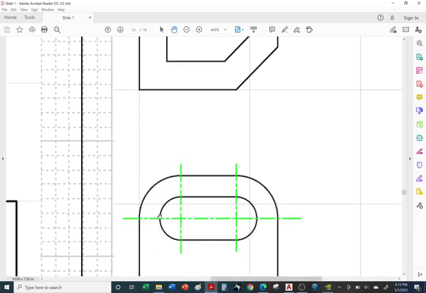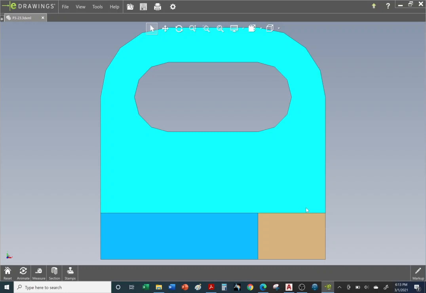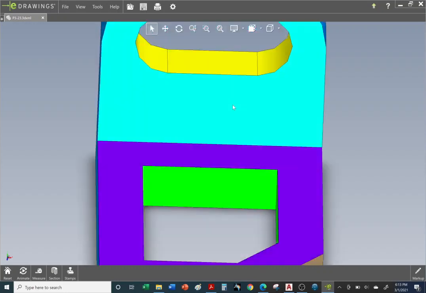So the red hidden lines will be coming from the left quadrant, right quadrant, and the axes of the slot. This slot obviously has two axes. All right, so let's go on to the 3D model. Okay, so if we look at it from the top,